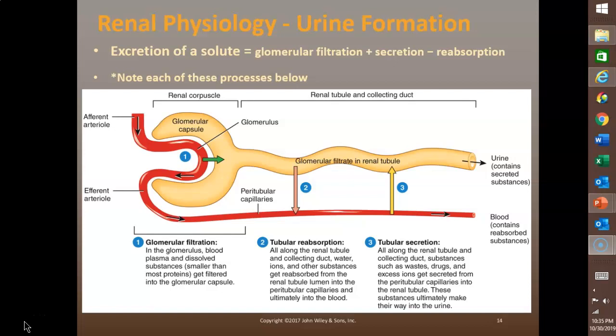The second step is tubular reabsorption. As that fluid moves through the renal tubules and through the collecting ducts, the tubule cells reabsorb about 99% of that filtrate and many of the solutes that are in there as well. Remember I said earlier, we filter out a whole lot more than we urinate out. 99% is reabsorbed. So the water and the solutes return to the blood as it flows through the peritubular capillaries,